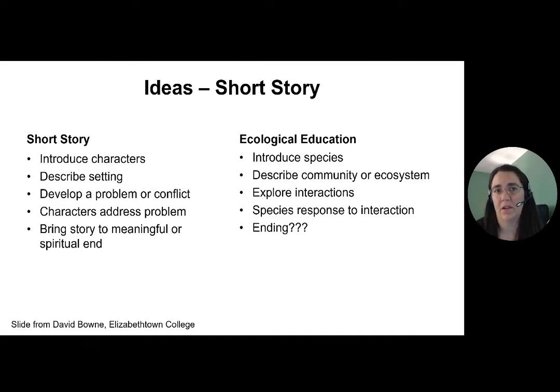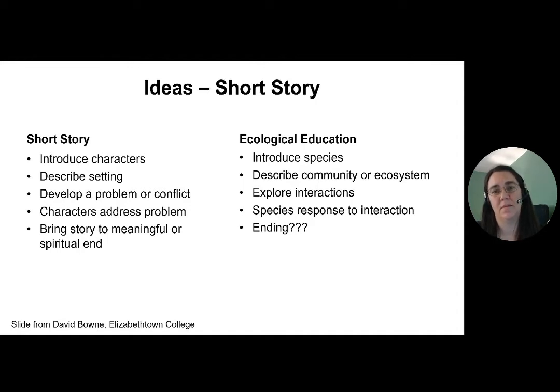You can do this similar kind of thing where you're trying to educate your audience about some ecological or conservation or biodiversity related topic. So instead of introducing characters, you would introduce the species or the different kinds of organisms that are involved in this story. Instead of just describe the setting is pretty similar, right? So you're describing the community and or ecosystem. Then you might want to explore the interactions between these organisms, and some of those interactions may create conflict or